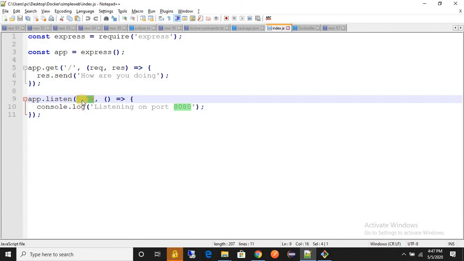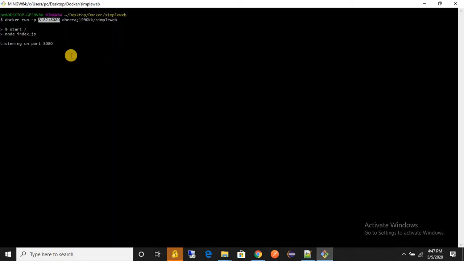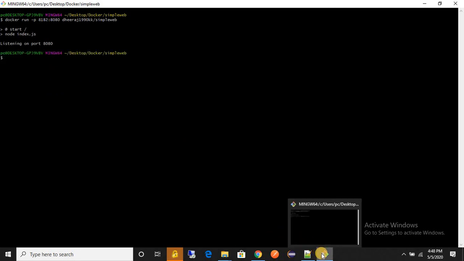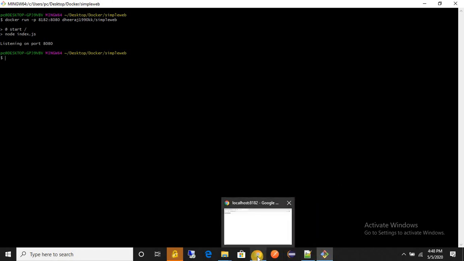So these two port numbers will be the same, and this one you can change to anything like 8182, 83, 84 and 7172 as per your convenience. So this is the real time project, and we saw how we deploy our application with the help of Docker container, and we get the output through the browser.